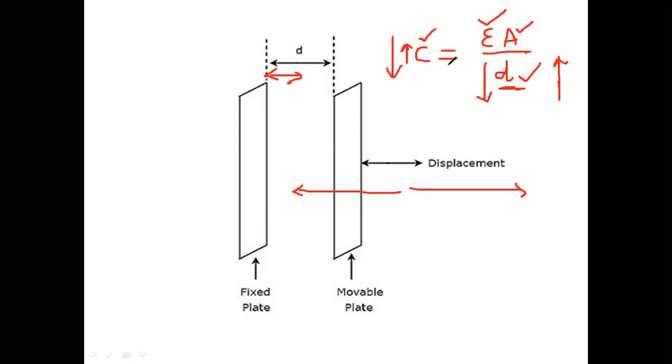So I may use this capacitor sensor as one arm of a bridge circuit. Let us suppose I'm using a bridge circuit like this. This is one resistor in parallel with the capacitor, and there is another resistor here. Here I'm using a resistor in series with a capacitor, let us suppose. And this is the bridge circuit now.